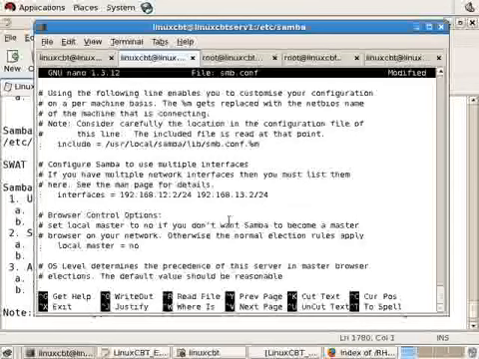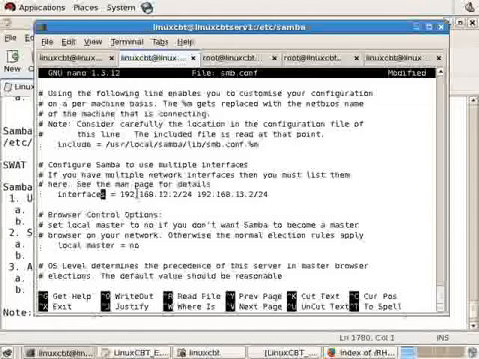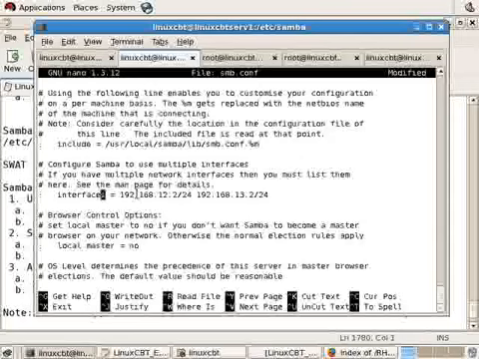Interfaces. You can determine which interface or interfaces Samba should listen to. Another neat feature, because often you find with Linux systems that they are multi-homed, meaning they have multiple physical interfaces, and you may or may not want Samba to be available on